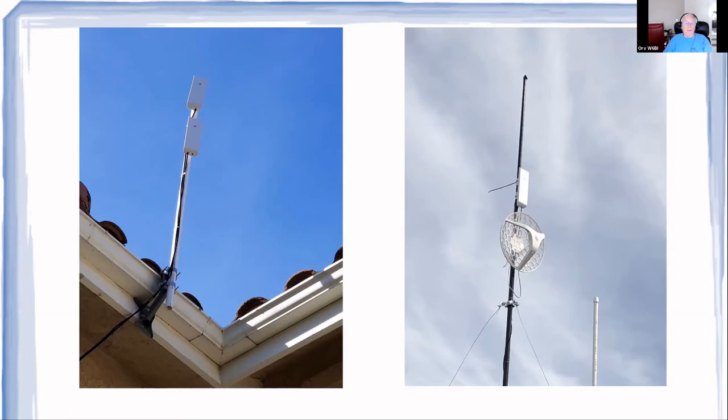It's redundancy. At any served agency that we install mesh networking at, if we have an opportunity to put this kind of redundancy in, we do. On the right,